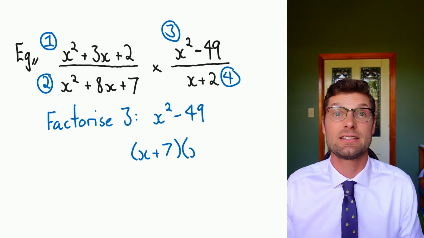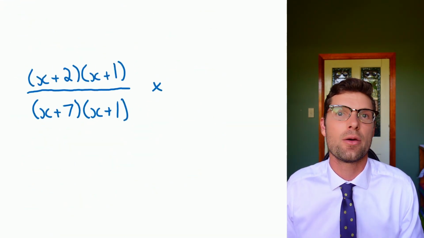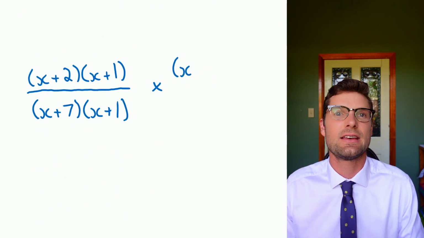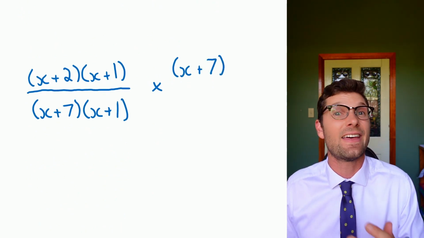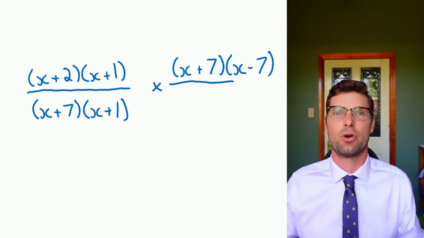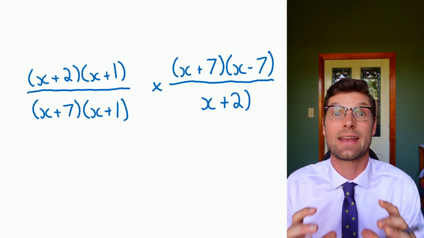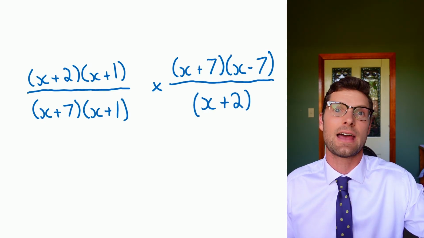So I've got x plus 7, x minus 7, done. Again, coming down to the bottom, I'm going to put x plus 7, x minus 7 on the top of a new fraction. And then that number 4 is actually already factorized. It's x plus 2. So I'm just going to put it down the bottom straight away. Again, I like to put it in brackets just so I can immediately see that it does have a partner